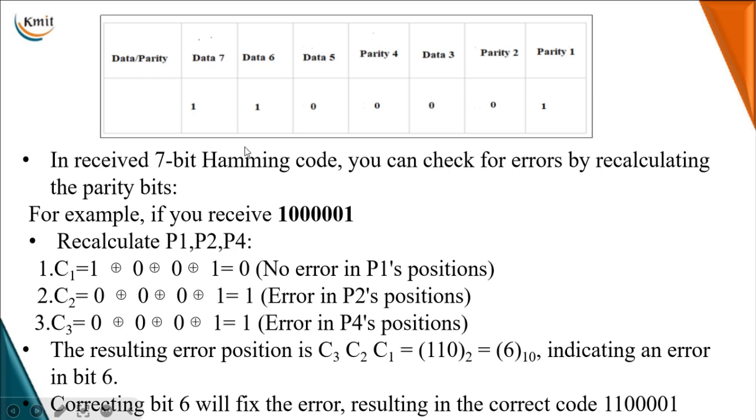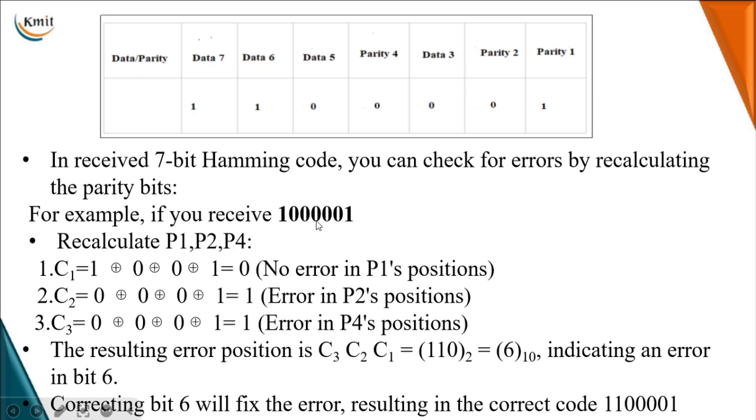This is what we generate at the transmitter end, and through the channel we transfer your given data bits. Upon receiving at the receiver end, the receiver can check for errors by recalculating the parity bits. For example, if I receive a 7-bit Hamming code,